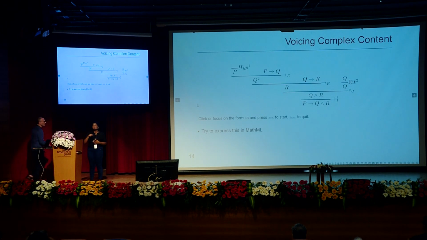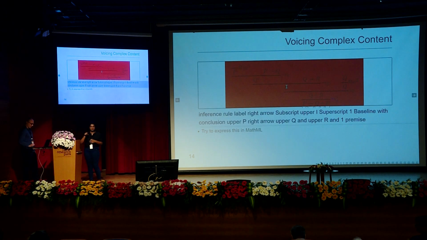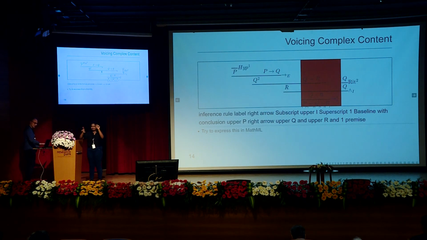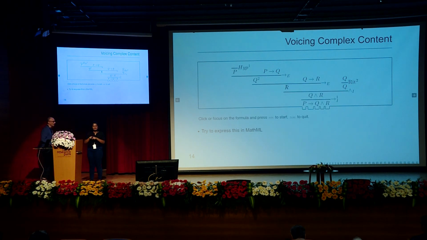And of course, we can make a lot of complex mathematical material. Here's a big logic proof. We can make all this accessible as well. In the interest of time, I don't want to go into those details, just to let you know that, yes, inference rule. Label. So this is an inference rule, and it's a ginormous inference rule. It's practically a diagram. It's practically a graphic which we have on the page, which obviously brings me to my next subject.